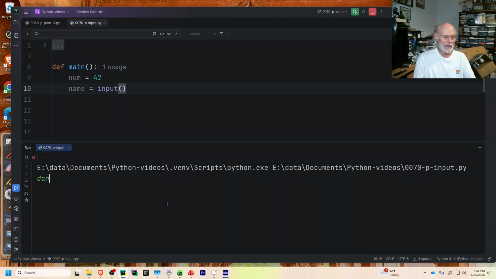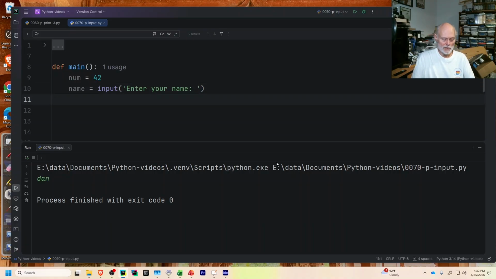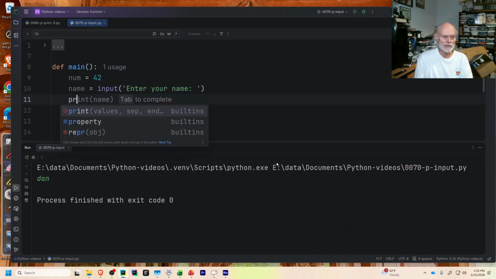I can type my name in and enter. Of course, we've not done anything with it, printed it or anything. But the input statement was asking for information. Well, we want the user to know what to enter. So inside the parentheses in the input statement, you want to always have a prompt. So enter your name. Now, when I run it, well, before we do that, let's print